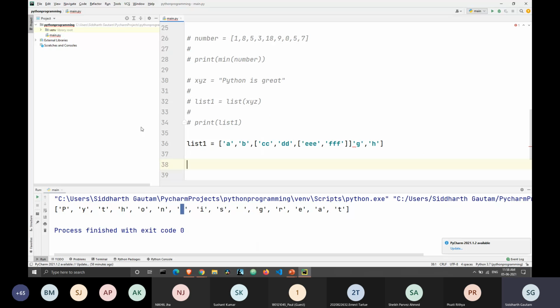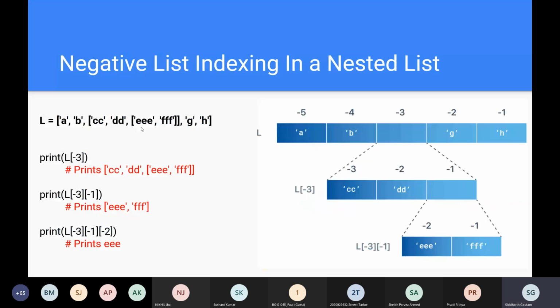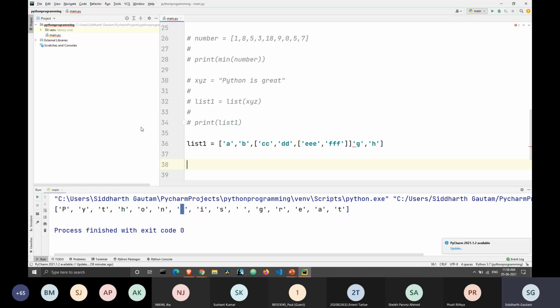Let's print the element at the negative third index. So we'll print list1, and we'll grab the element at the index -3, right? So this is the element at -1, and this is the element at -2, and this is the element at -3, this entire list.